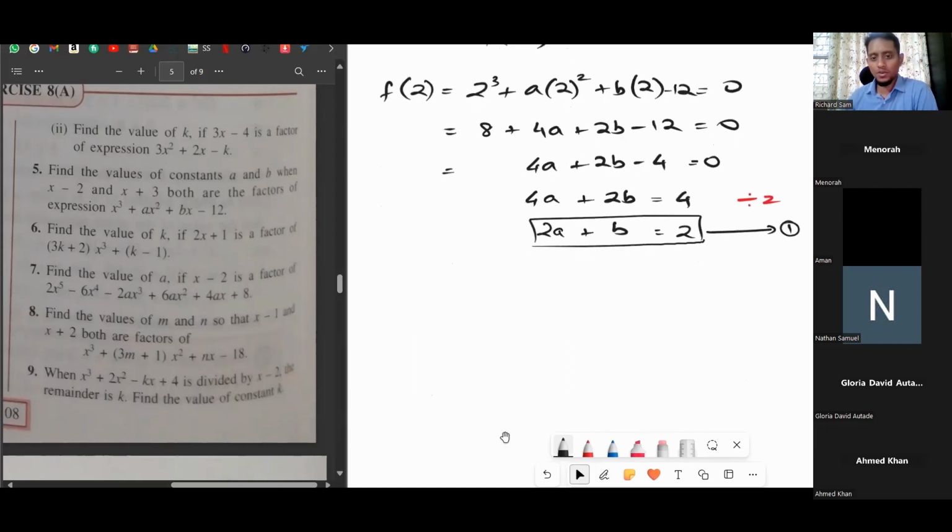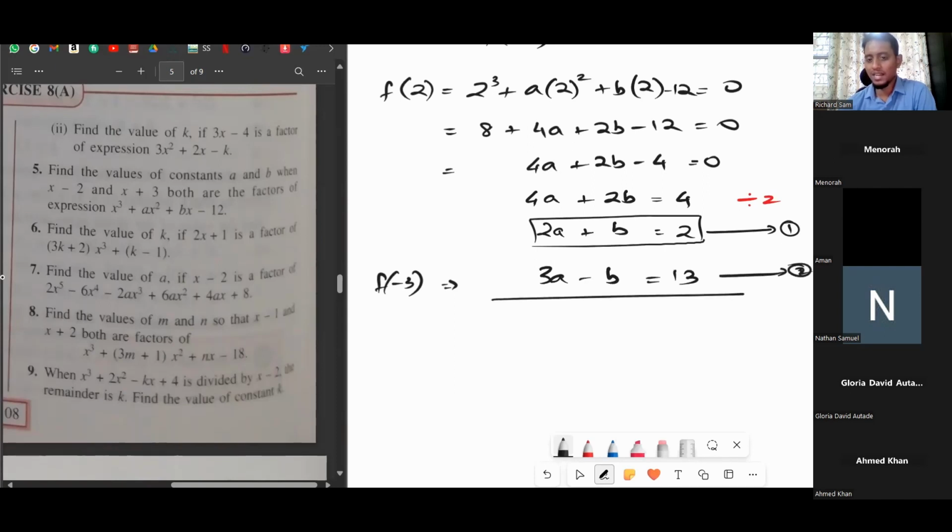Okay, for this question, what is your second equation? F of minus 3, what did you get? Say that again. Did you all get this? Yes. Okay, now these two equations, equation 1 and equation 2, we can eliminate b because they have different